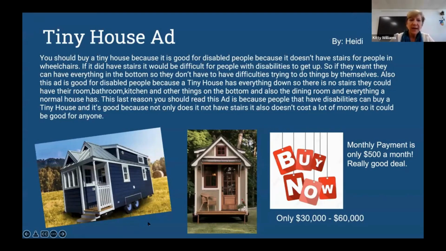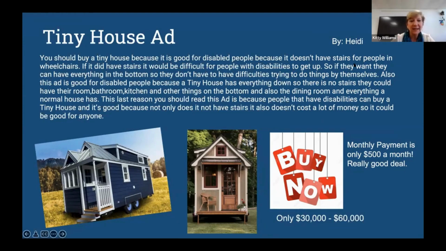She says, you should buy a tiny house because it is good for disabled people, because it doesn't have stairs for people in wheelchairs. If it did have stairs, it would be difficult for people with disabilities to get up. So if they want, they can have everything in the bottom so they don't have any difficulties trying to do things by themselves. Also, this ad is good for disabled people because a tiny house has everything down. So there is no stairs. They could have a room, bathroom, kitchen, and other things on the bottom, and also the dining room and everything